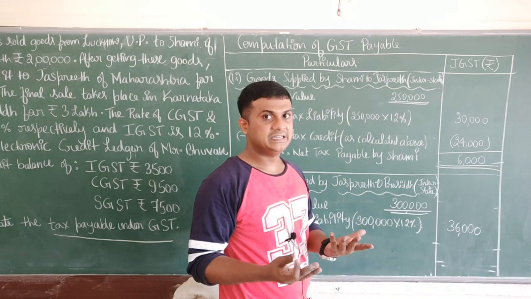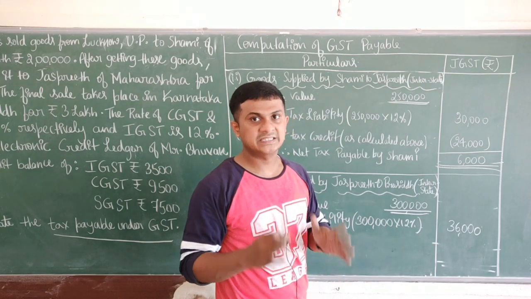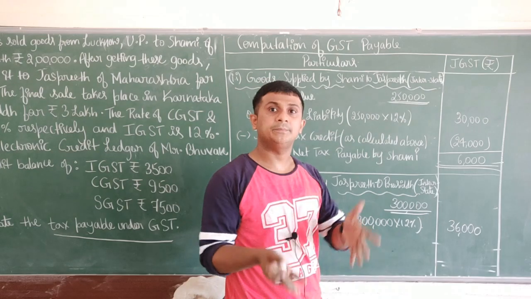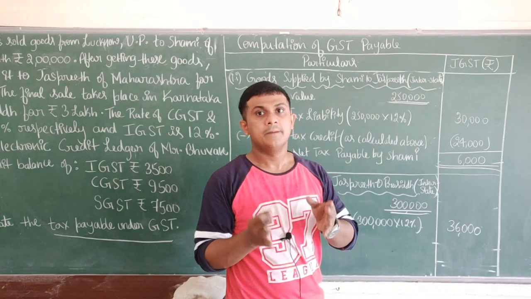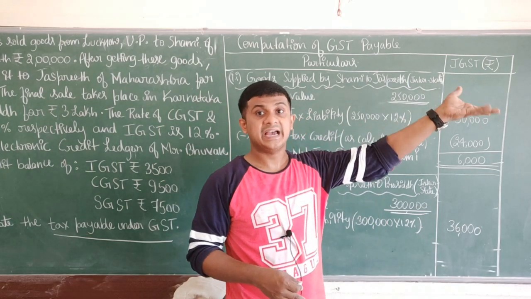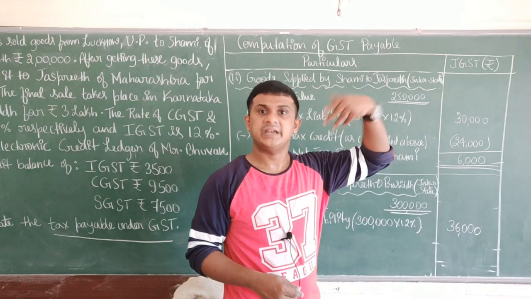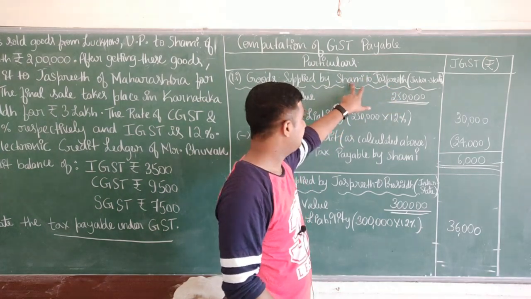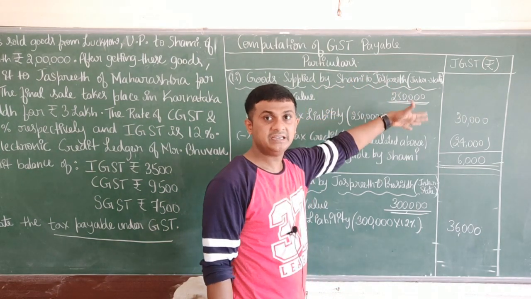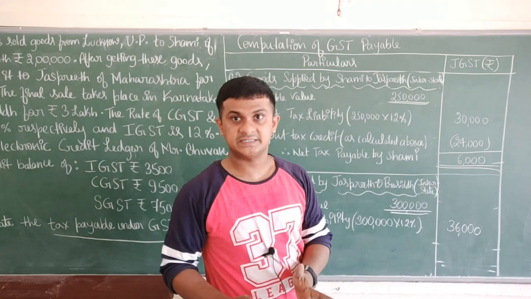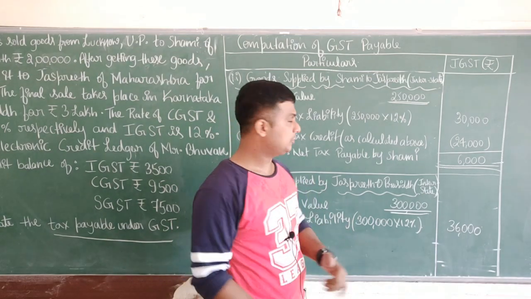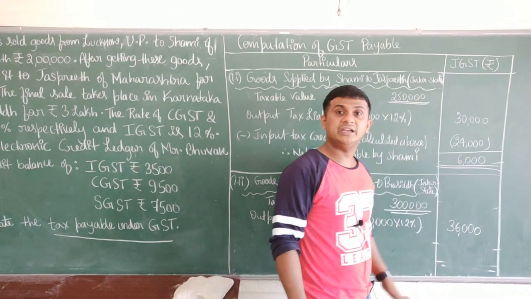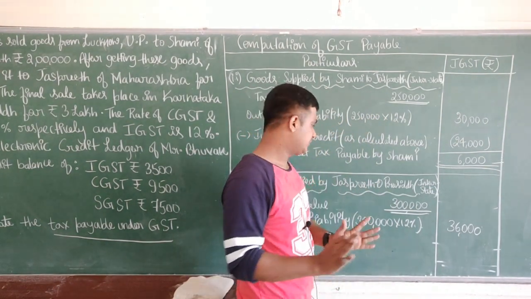Now does he have any input tax credit? So what we have to do is see whether previously Jaspreet has paid GST when he purchased goods from another party, his supplier. So the previous transaction is between Jaspreet and Shami, right? Shami and Jaspreet, where Shami is selling, Jaspreet is buying, which is a purchase. So he is purchasing his input. So he has paid a tax liability of 30,000. So that will be available for him as input tax credit.